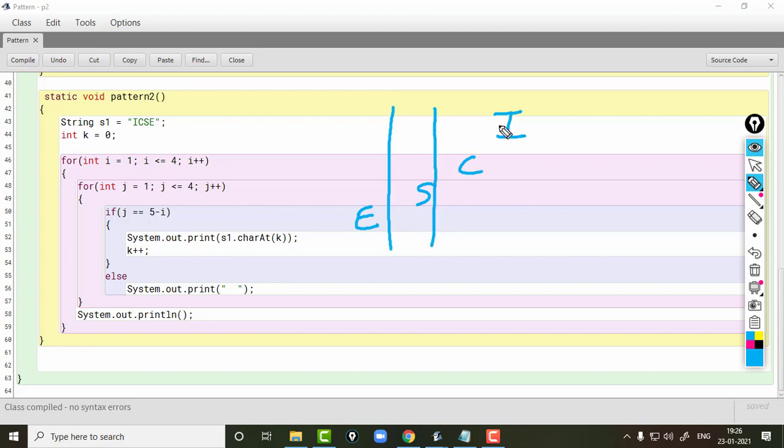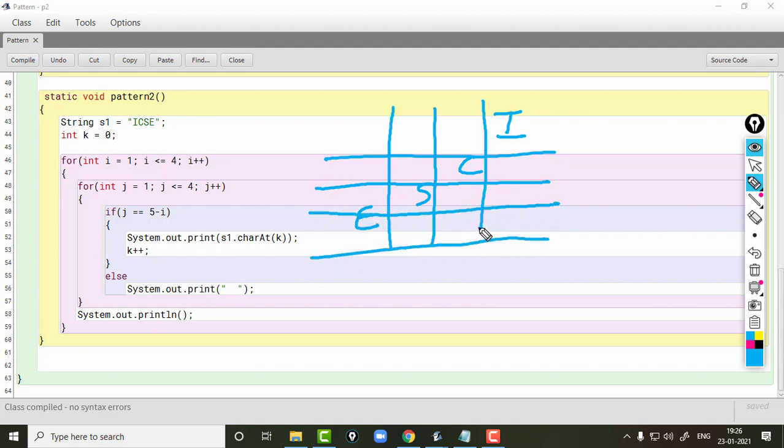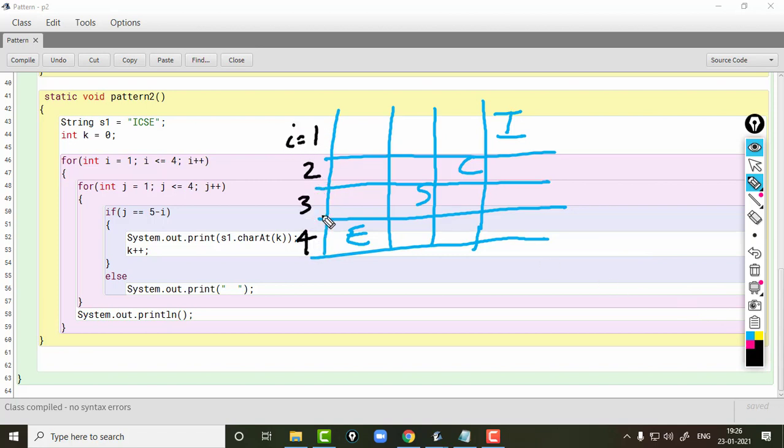You will divide the pattern into rows and columns, and then write down the values of i and j. i is 1 here, 2 here, 3 here and 4 here, and j is 1 here, 2 here, 3 here and 4 here. Then identify the locations where you need to print the characters.